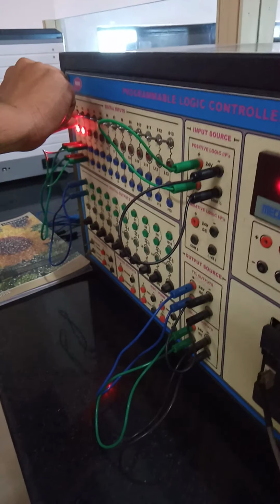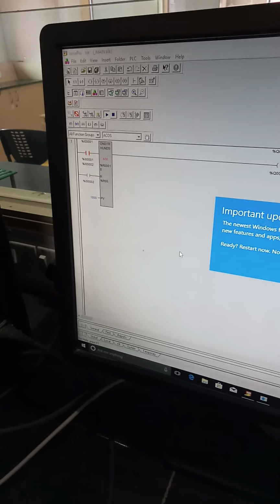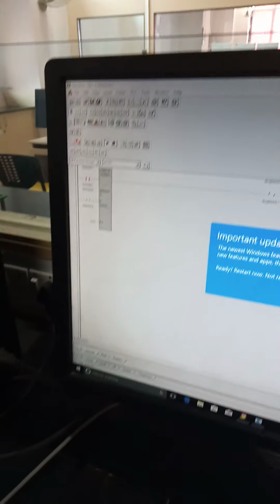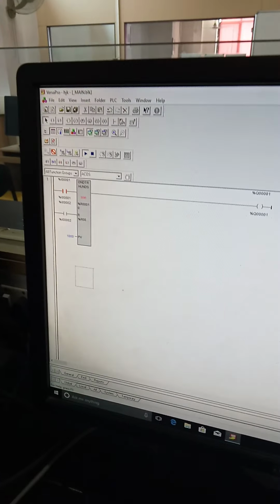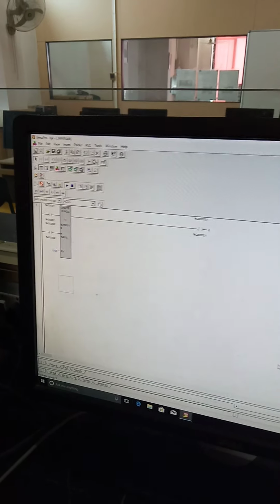Suppose I want to stop this cycle, I have to make use of my second switch, that is for resetting this. Once I reset, the value becomes 0. Suppose I want to start another cycle also, I can do. I can start once again. You can see after 10 seconds I will be getting my output. The timer is still running. Once I get the output, still the timer is running. That is my accumulated value. Suppose I want to stop, I can make use of the reset switch and then I can stop. This is about on delay timer. Next we will be continuing with your off delay timer. We will choose a different timer.